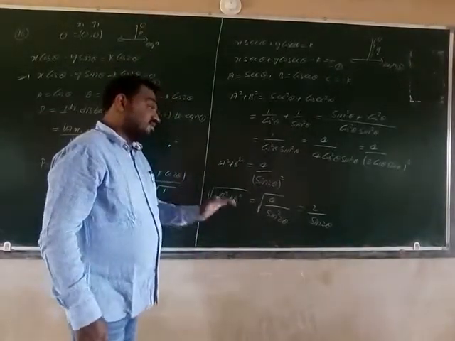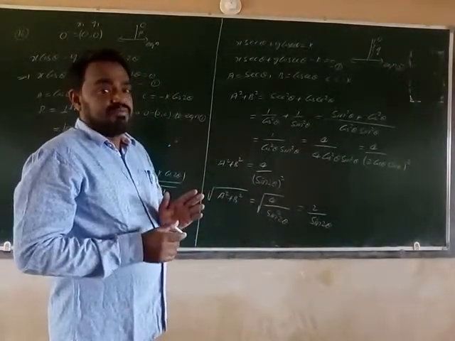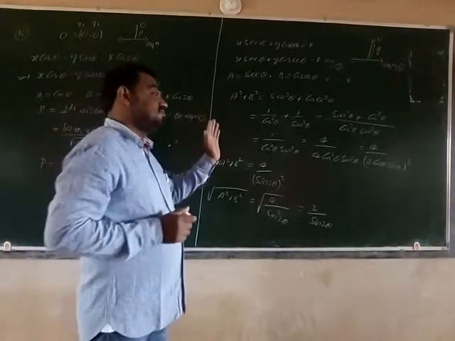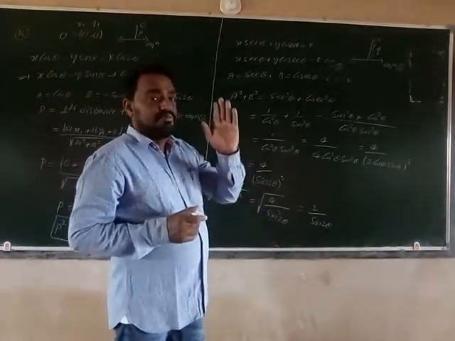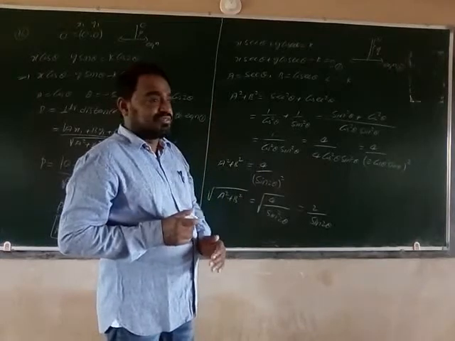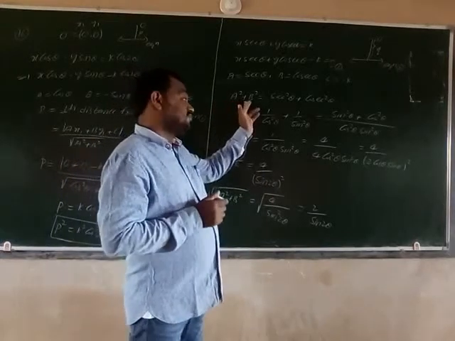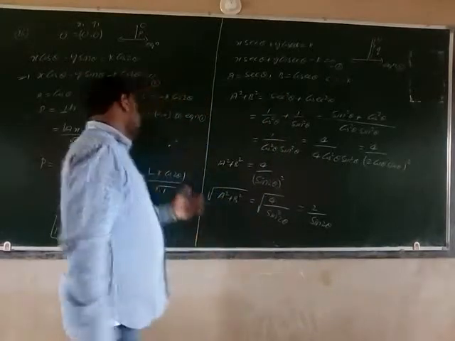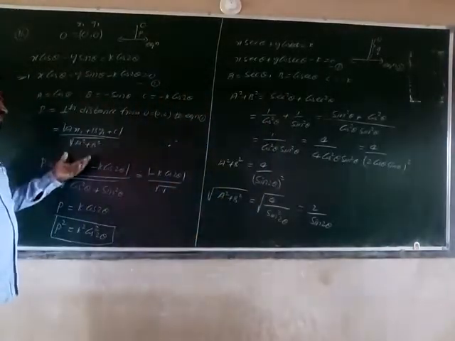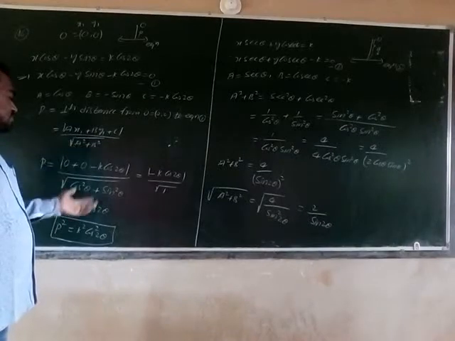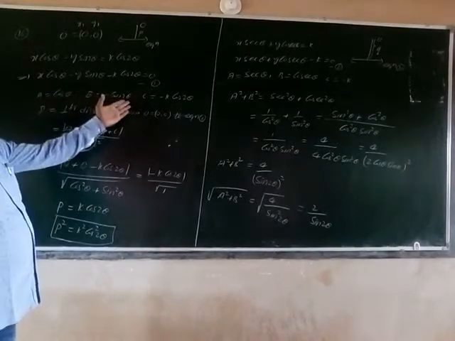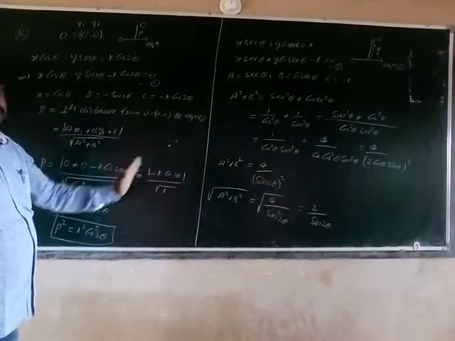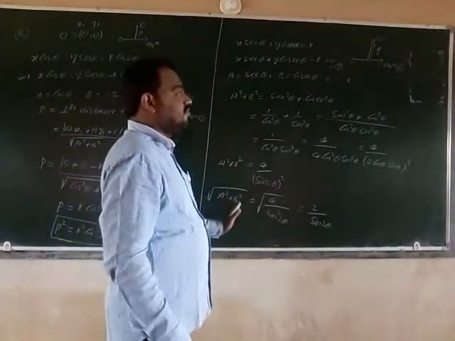Why I find this first: in the formula, the distance is equal to ax1 plus by1 plus c by the square root of a square plus b square. So the square root of a square plus b square value is a little bit lengthy, so I find this one. Here, why can't I find a square plus b square directly? The value is very simple, cos square theta plus sin square theta is 1. So directly I substitute here. Before only I found it.